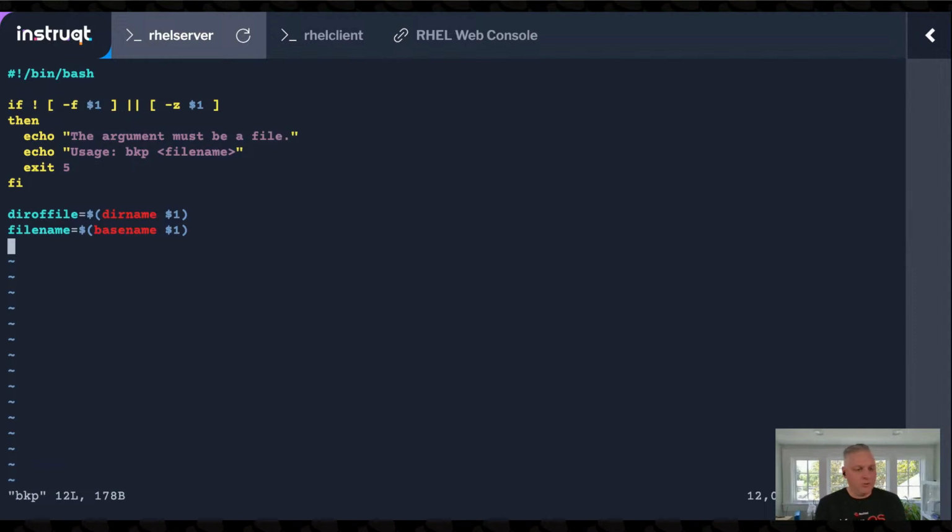What we're going to do is store our backed up file inside of a hidden directory inside of where that file lives. So we're going to check if